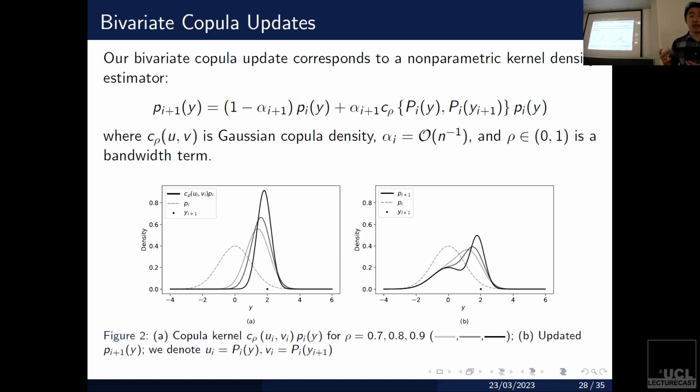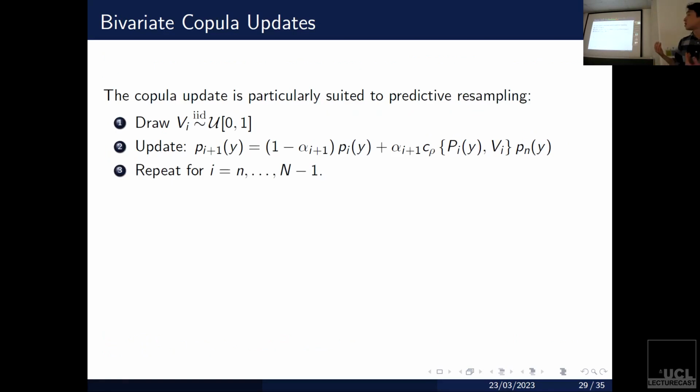It's always going to be the CDF P_i of y_{i+1}, where y_{i+1} is drawn from the distribution P_i. And we know that if you draw a random variable and compute the CDF of this random variable, it's simply a uniformly distributed variable. So instead of having to simulate y_{i+1} to infinity, all we need to do is simulate a bunch of uniform random variables and plug them into our update. And that's how you carry out posterior sampling in this case. You draw a big number of uniform random variables, compute this online kernel density estimate, shoving each uniform random variable into the second input, and voila, you have a posterior sample.